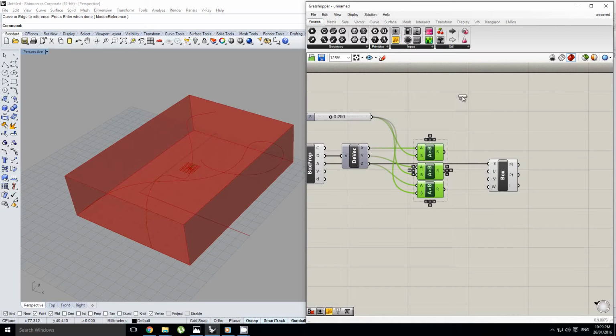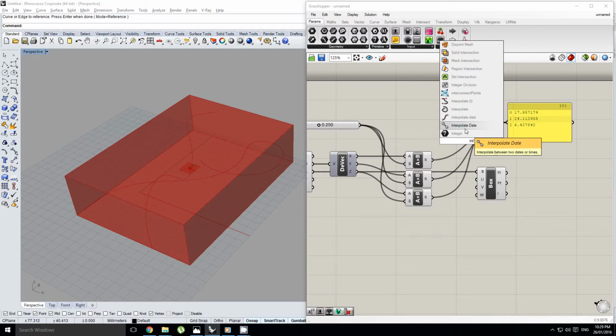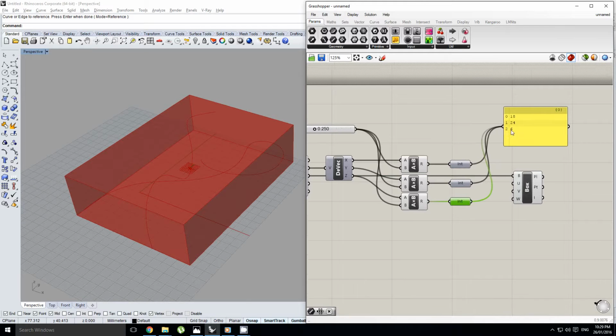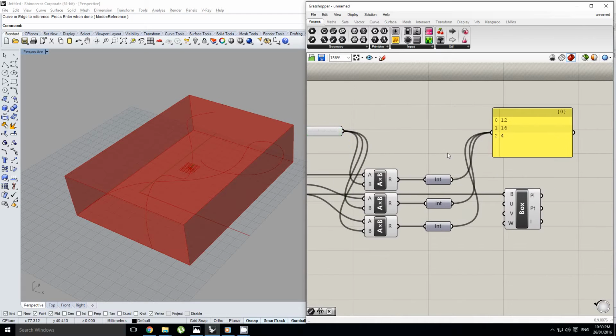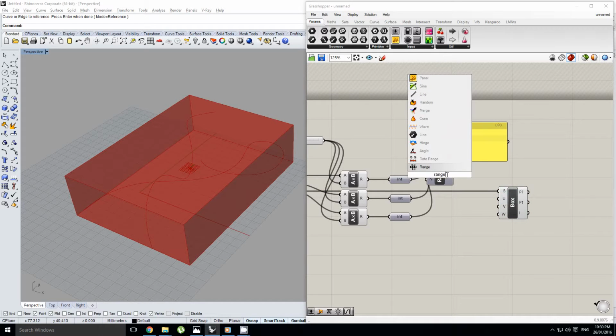And what I am going to do is bring out a panel, so at any point I can, actually before I do that, I will grab an integer component. This integer component is just going to round all my values off really nicely. So then we'll plug these into here, and this is going to tell me how many divisions I'm going to have in each direction. So I'll bring that down to something a bit more manageable, and then I'm going to grab 3 range components,